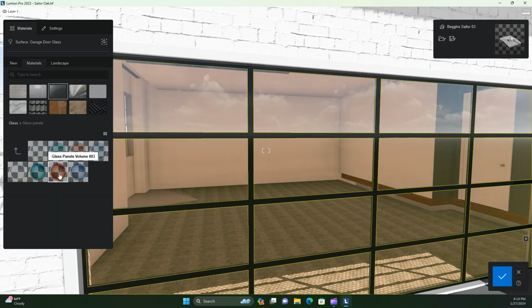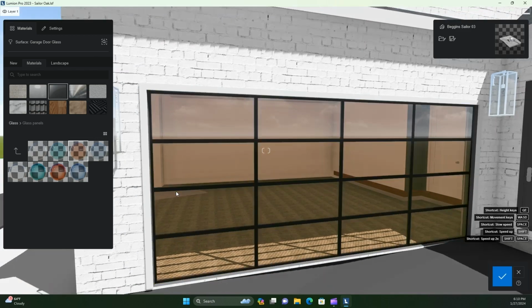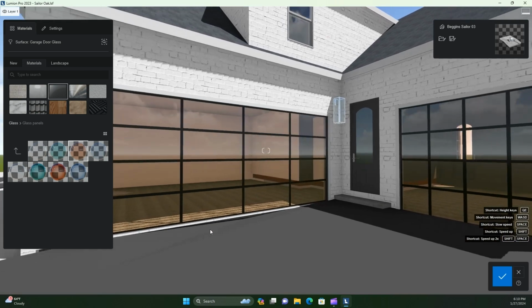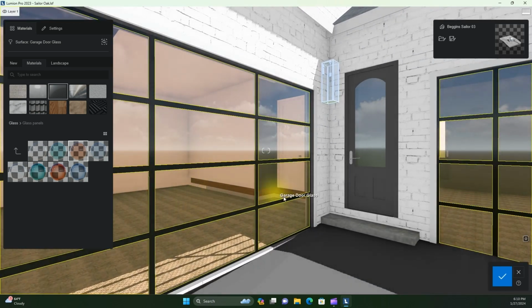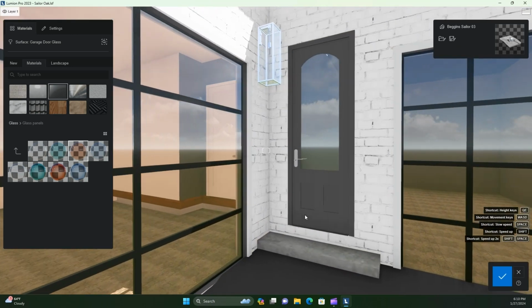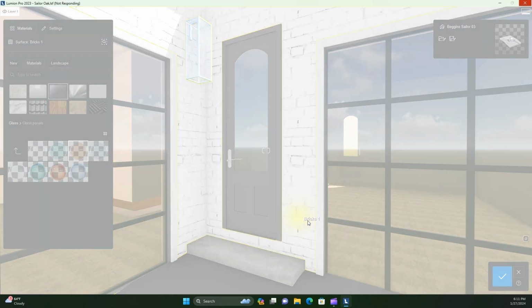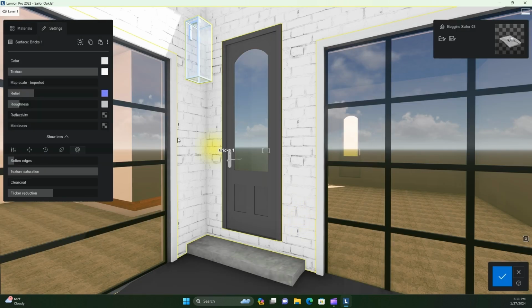I don't like how see-through it is. I think I'm gonna come back to that. Let's do the entry door right now. For this one, normally I have tons of materials in my library, but sometimes I have some unique materials that belong to my own personal library. I like to use them on some projects just to give the kind of feel I'm trying to convey